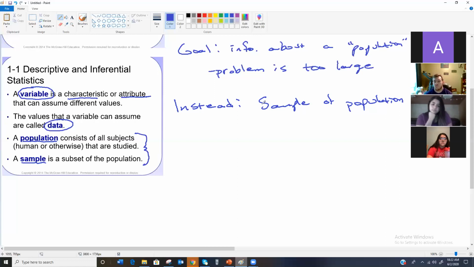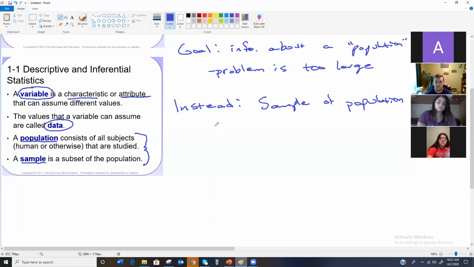If you're looking at a school and say a college, and within the college, roughly say 60% of the people at the community college are freshmen and 40% are sophomores, you would hope that your sample would represent that, that it would come out about the same. And the best way to do that, and I'm going to say this now, even though we're really not supposed to be doing this yet,